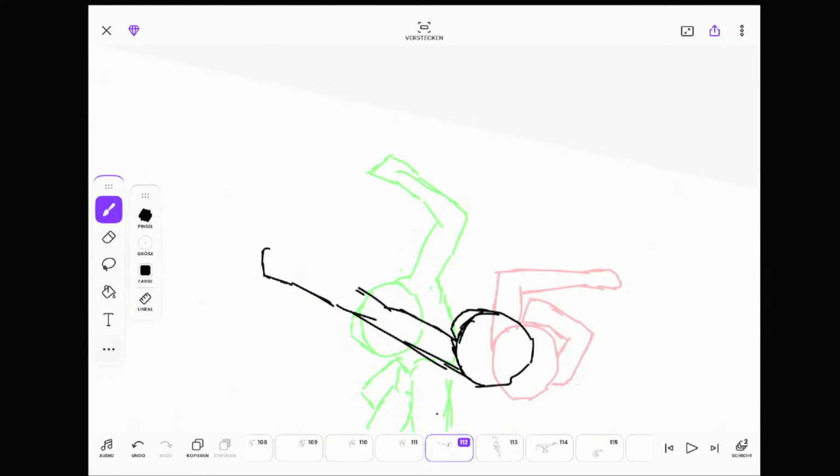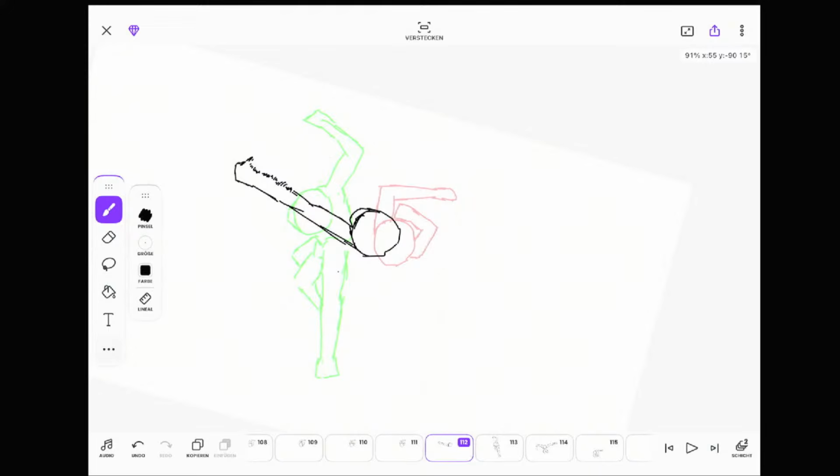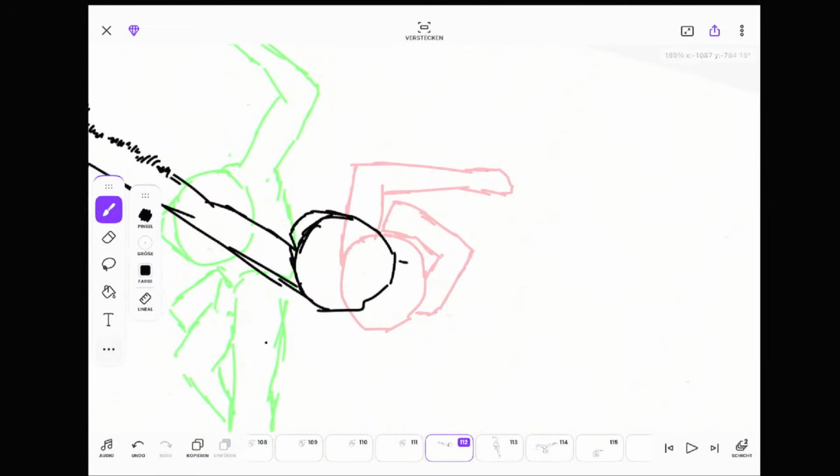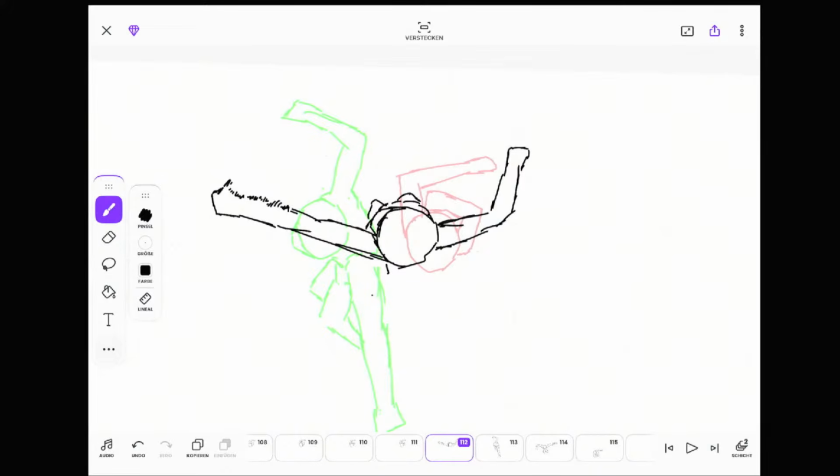It's moving a little bit more with his arm, maybe doing speed lines. Excellent.